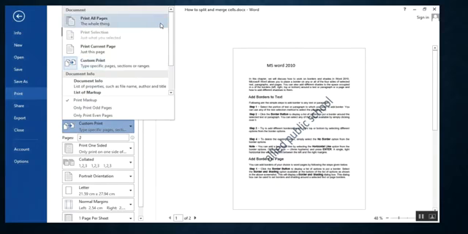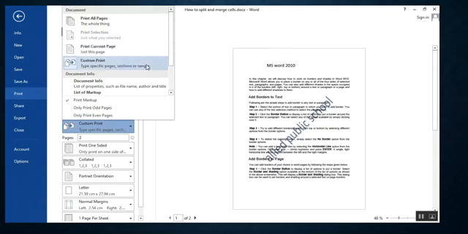At the top we have Print All Pages. When we click on this option, our whole document will get printed. In Print Selection, just what you want to select, only a section or a specific content of your document will get printed. In the third option, Print Current Page, just the page where your cursor is pointed will get printed.